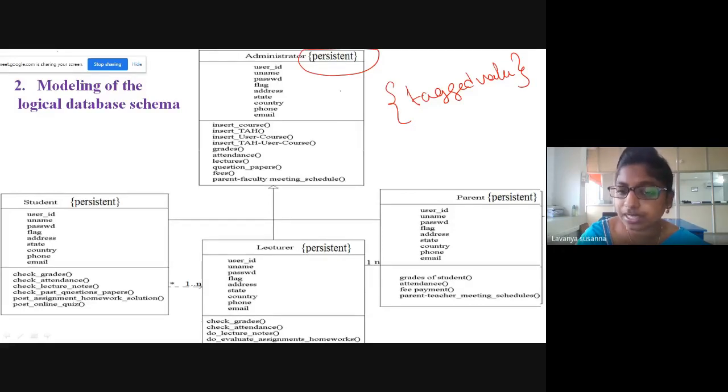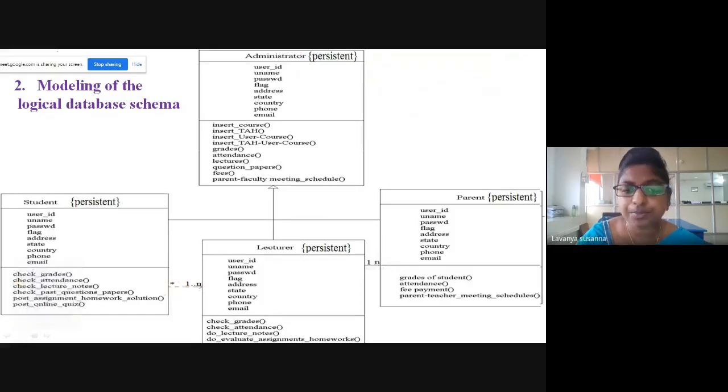You need to add all the tagged values, and you need to represent using multiplicity. All these are multiplicities. Star means many. 1..n means one or n, like that. Participation represents just the participation of that instance. I hope you have understood; these we have discussed in the previous class.